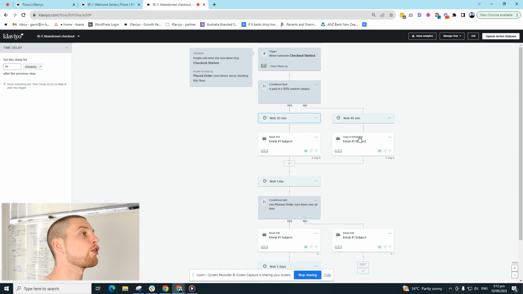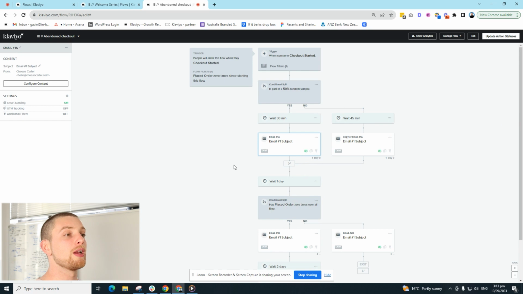I always like to start off with a 30-minute and 45-minute delay, depending on the price point of the product. Higher ticket items, I have found, work better with longer time delays. Lower ticket items, I have found, once again, test this, which is why we have a test going right here, work better with a 15, 30, 45, sometimes even a 5-minute time delay. But test that. And we're doing a 50-50 split test right here to figure out what time is the best to send that follow-up reminder email. In this first email, we're just going to remind the reader of their item that they left behind, saying something like, hey, we noticed you left your item behind. Are you still interested? Have a dynamic product block in there